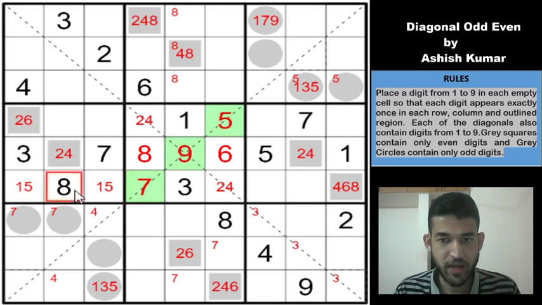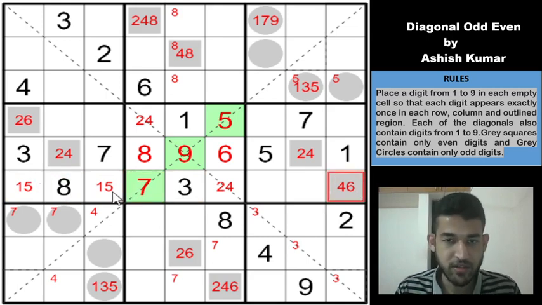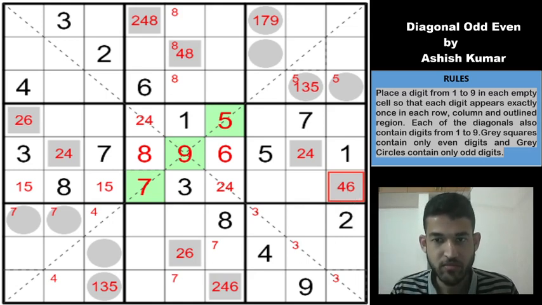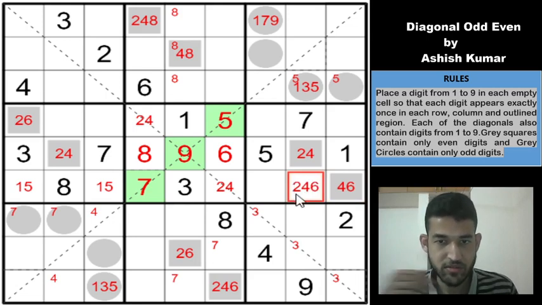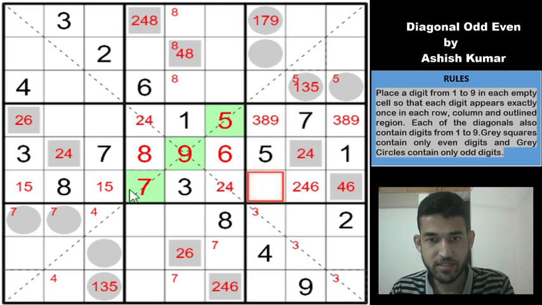So 3 7 8. Okay, 8 is here, right? So we could have removed the 8 at the start itself. So this is not an 8. So this cell can only be 2 4 6, right? 1 5 8 and 3 7 9. So this must be 2 4 and 6. So we get a 2 4 6 triplet and 1 5 7. So these 2 cells must be 3 8 9. This would be, and this would be 3 8 9, and this is not a 3 and 8. So this is a 9.